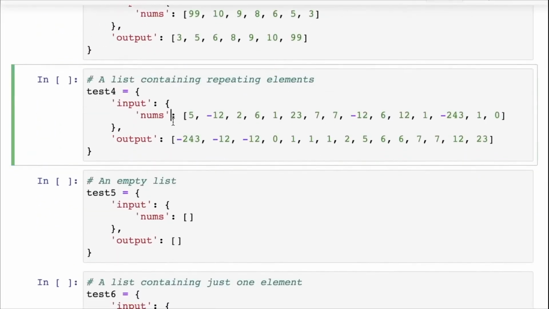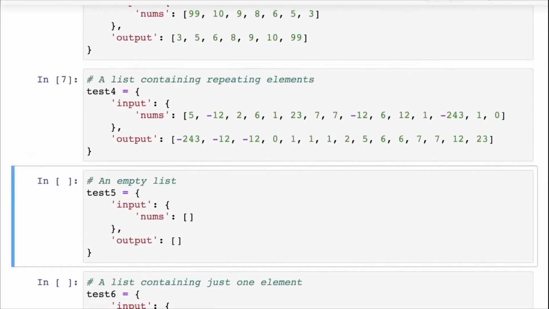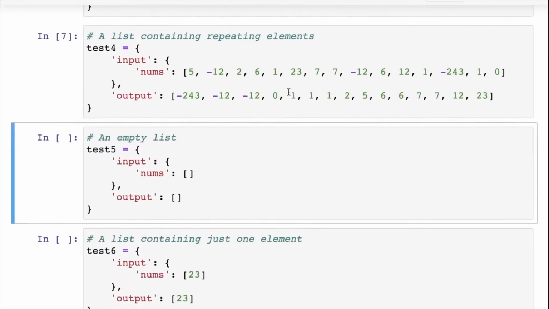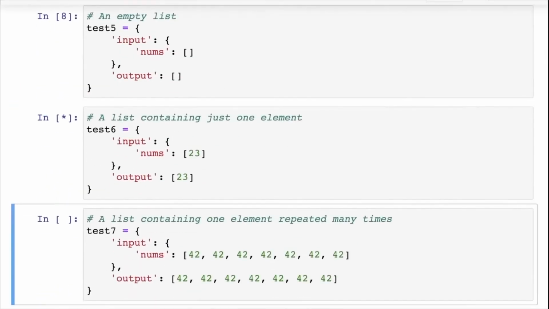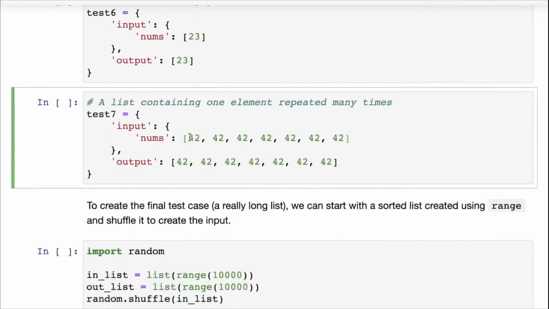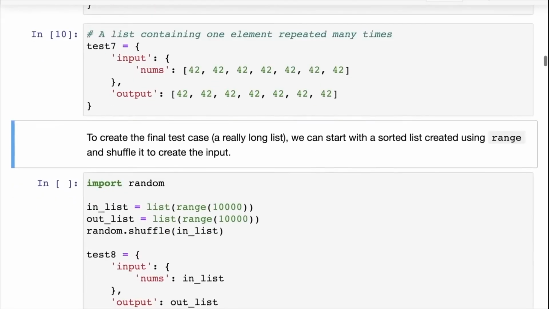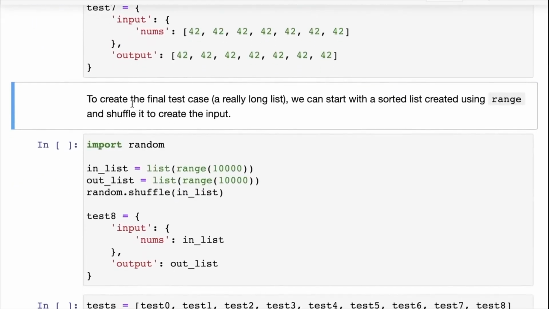Then we have a list containing repeating elements. You can see that the numbers 1, 2, 6, and 7, and even -12 repeat here. Here we have the empty list. Here we have a list containing just one element, and here we have a list containing one element repeated many, many times. And then the final test case, which was to create a really long list, that's where we can